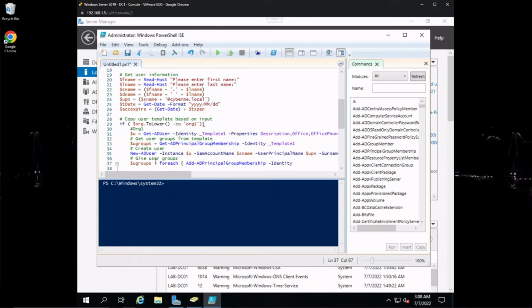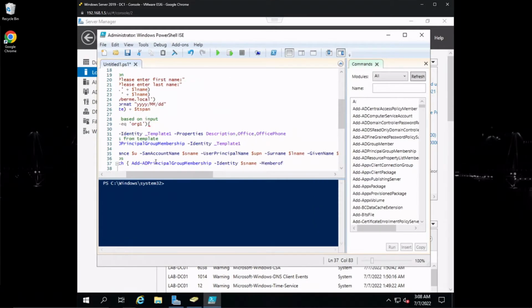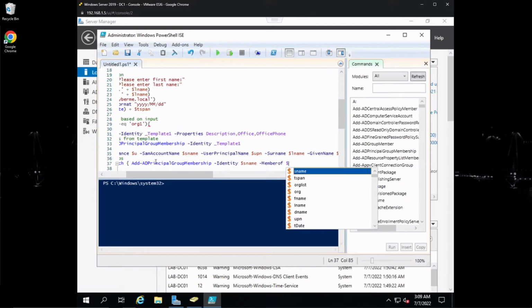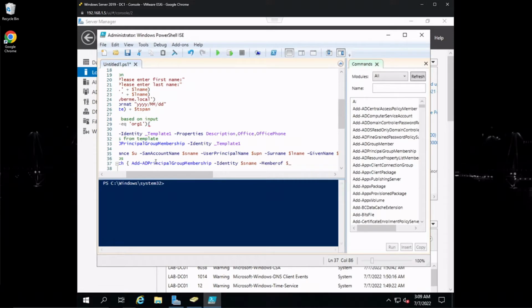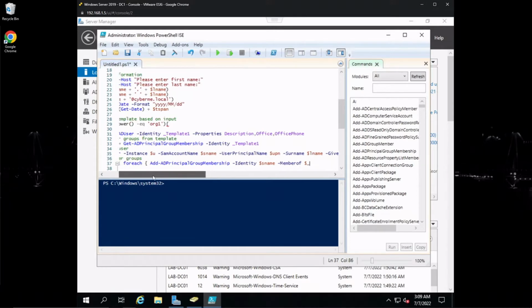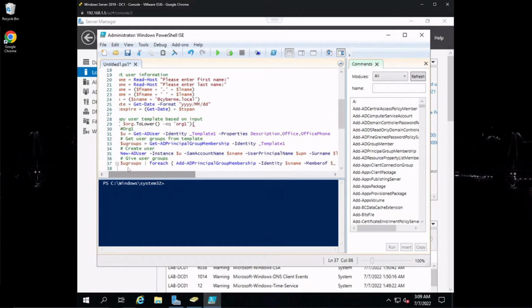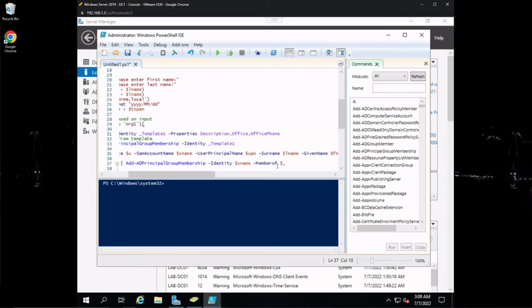And then this time we're going to use MemberOf, which is a parameter of Add-ADPrincipalGroupMembership, and then we are going to use this guy, which is pretty much saying that we want to use the variable inside of this pipeline. So this guy, ForEach, and then lastly we want to go ahead and say